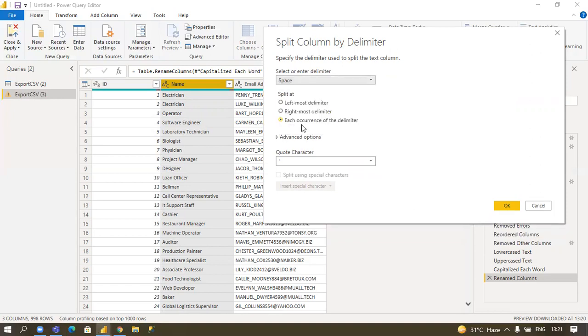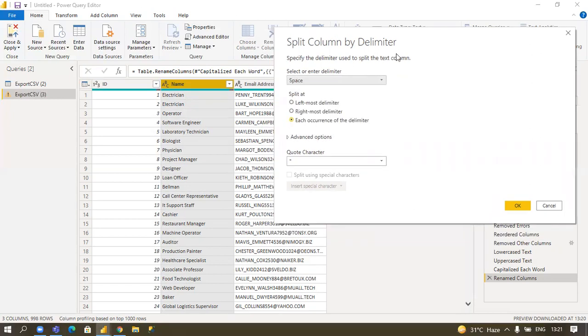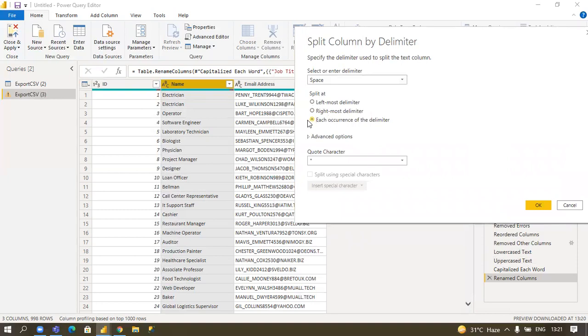Based on the space I want to split, and here there are three options, but I will click on each occurrence because I want everything split from the space, the first name, last name and whatever the middle name is also there. As of now I explain only each, and I click on OK.